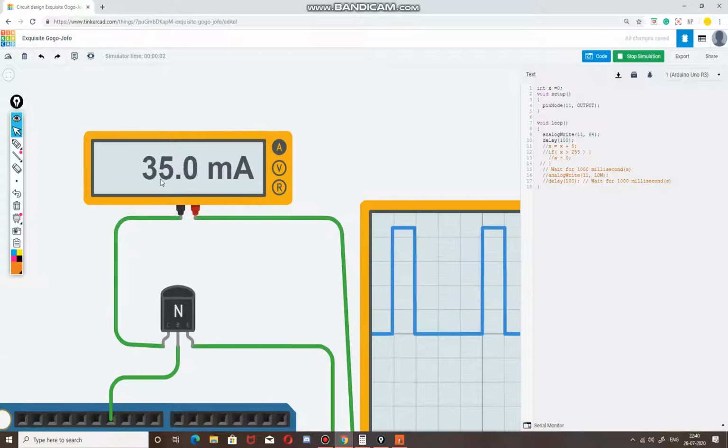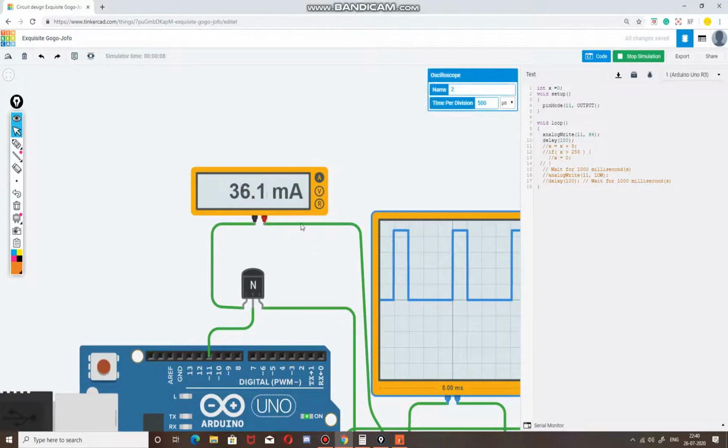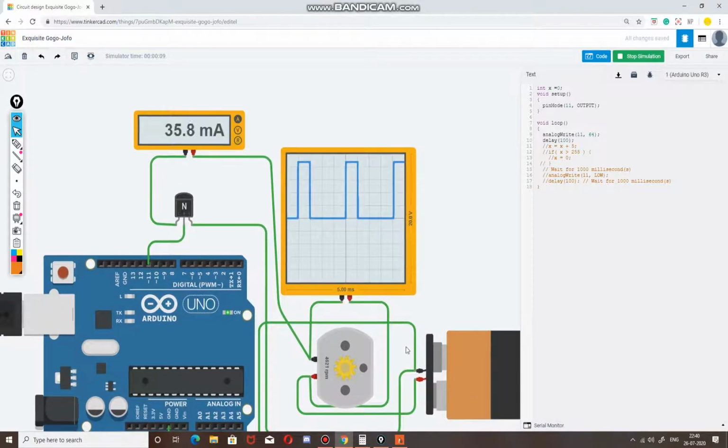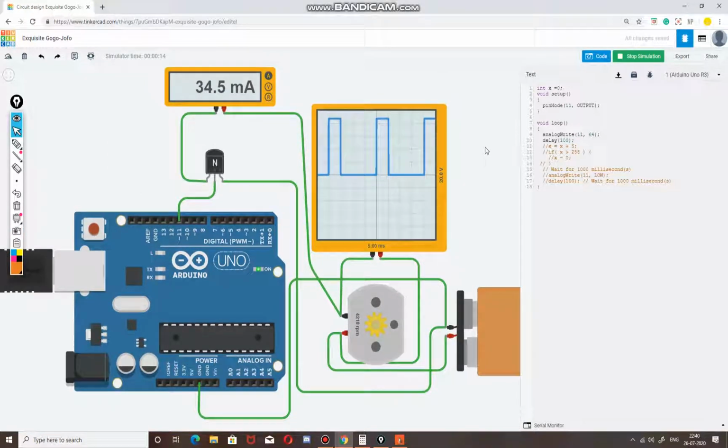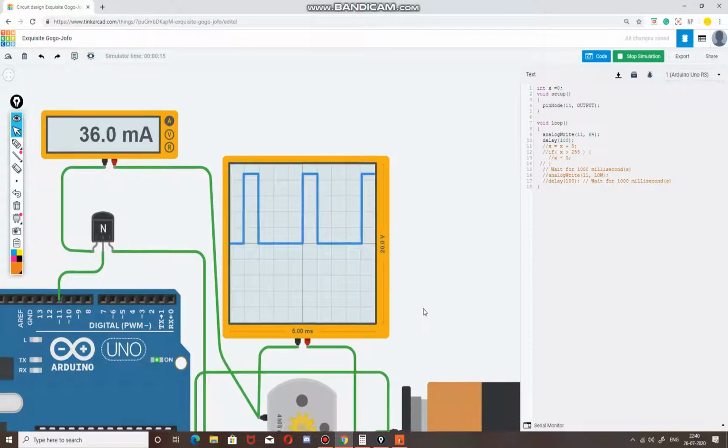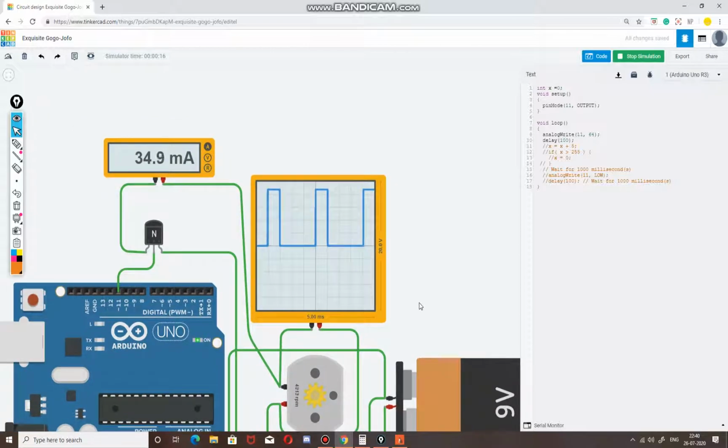So we are getting, I guess, 35 to 36 milliamperes. And on this oscilloscope that you can see, I've already shown, speed is around 4000, I guess. It's varying from 4200 to 4500. It will keep changing here unless we use more components which will filter the current and filter the voltage level as well. That's for the real world. I'll explain it when the college opens.